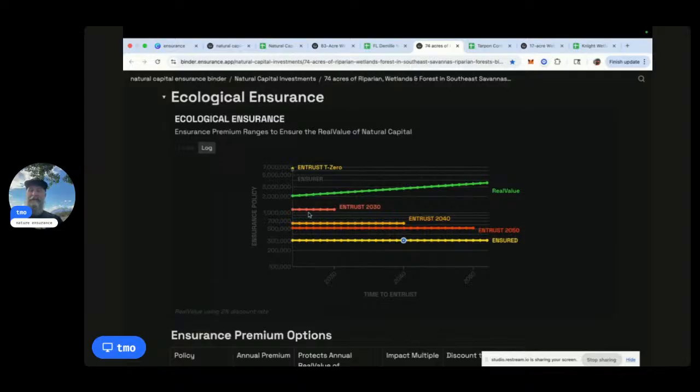And our model, like I said, protects it from day one, with permanent protection at the end of the insurance policy period. But the Walmart deal right here doesn't really make sense today. But wait a minute. If we spread it out over the next 5 years, 2030, spread it out over 2050,